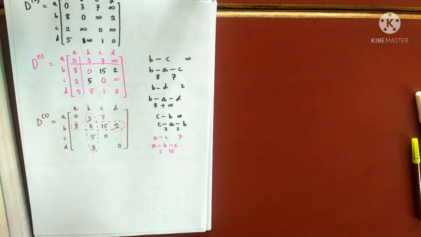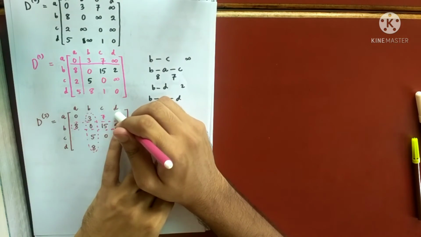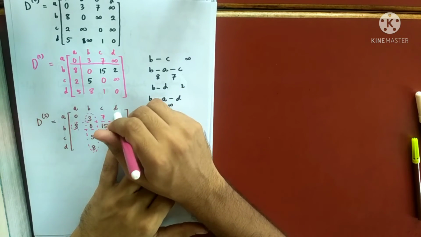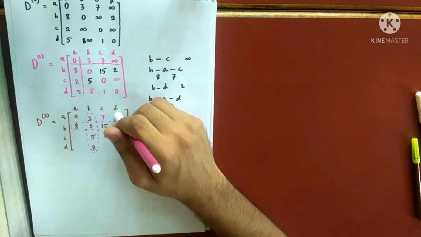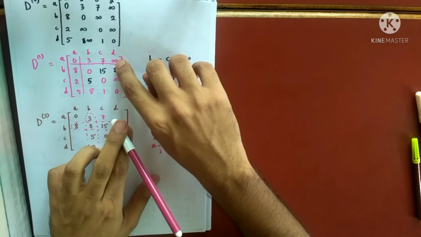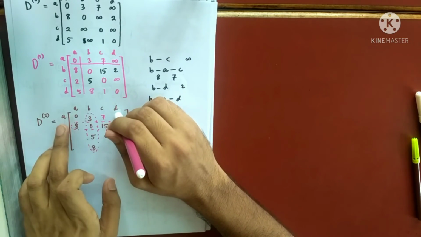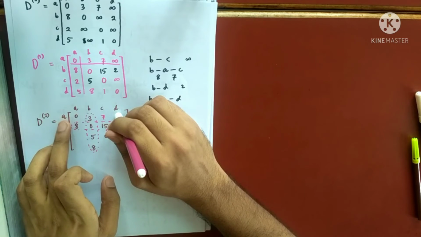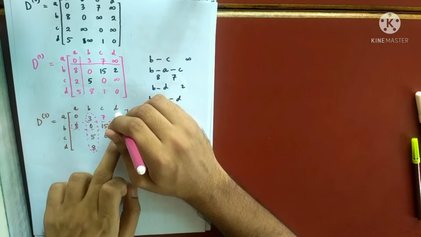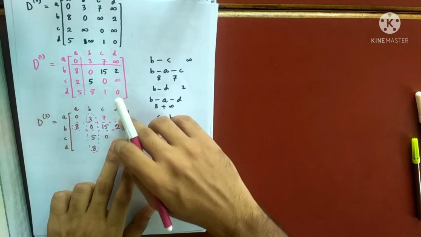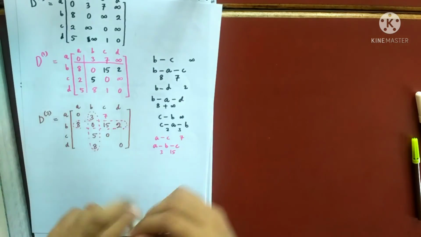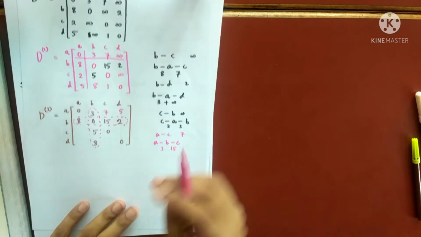See, I want to fill up here. So 3 plus 2. It was 5. Initially it was infinity. I can change now. Why 3 plus 2? You can see I was going A to D directly. A to D directly is infinity. Right? Now A to B. So A to B is 3. Okay. And then B to D. B to D is 2. So just see this one and add them. 5. Initially it was infinity. So it becomes 5. So now I can do it very quickly.